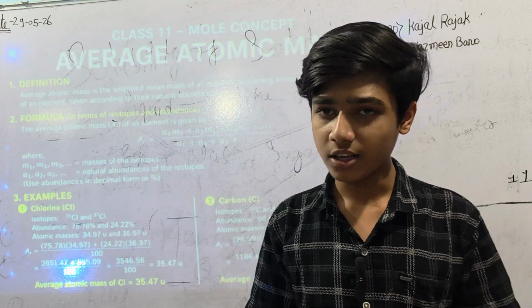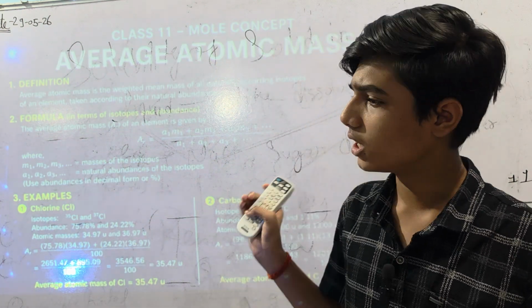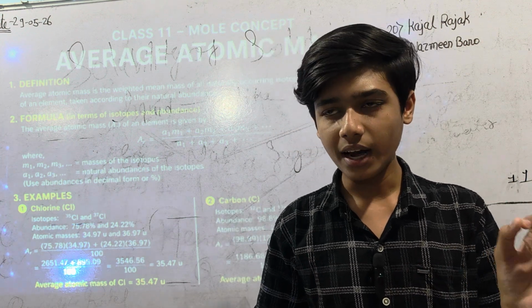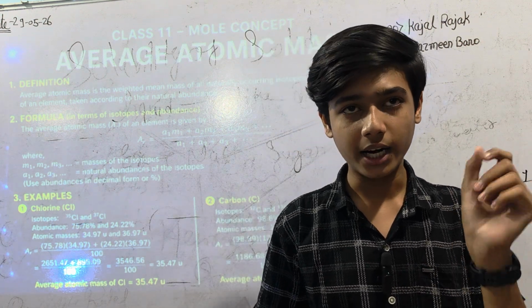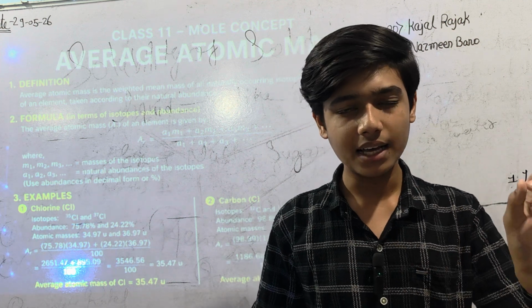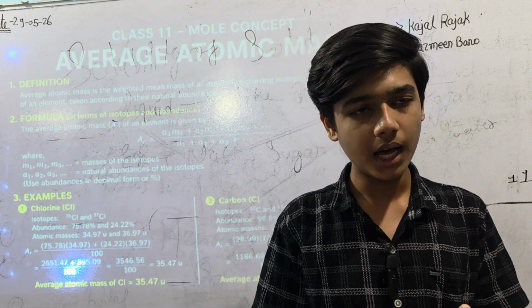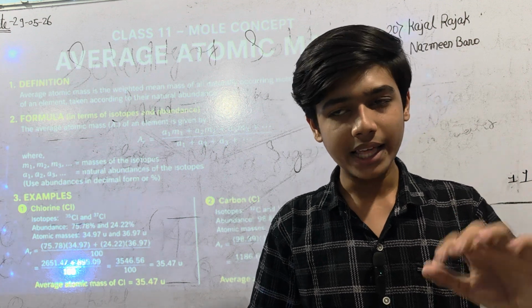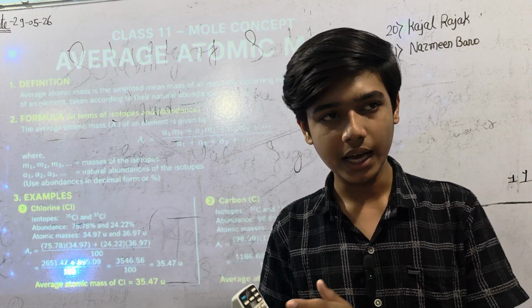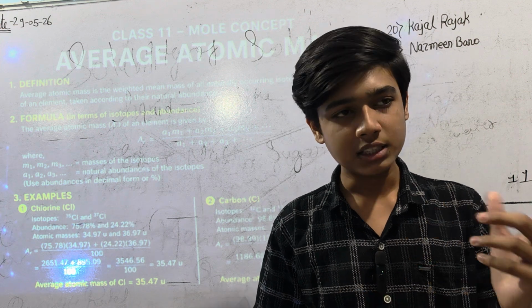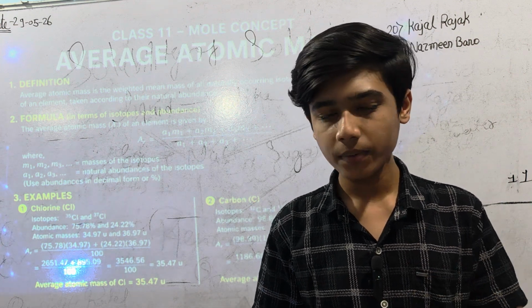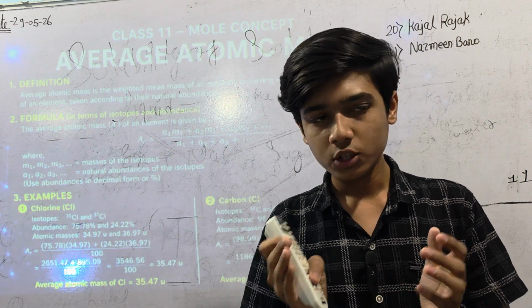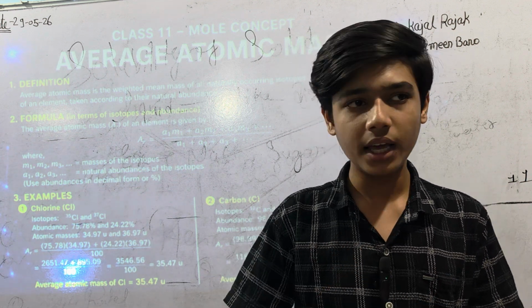Now let's move ahead to the next topic, that is the average atomic mass. Whenever we write the atomic mass of chlorine, we write it as 35.5. Why do we not write it as 34? Because if we double the atomic number of chlorine, that is 17, it will be 34. But why do we take it as 35.5? A similar thing is also there with sodium. The atomic number of sodium is 11. So if we calculate the atomic mass, at that time we take it as 23. Why do we not take it as 22?